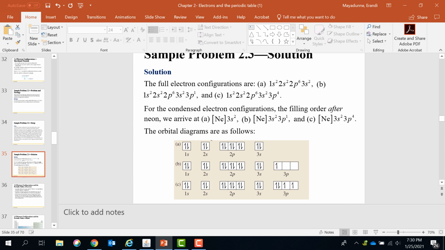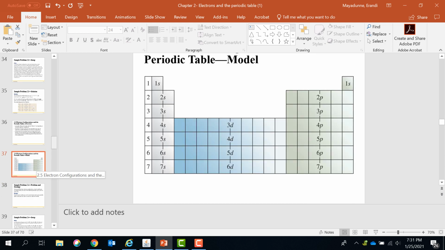This method is very useful in Gen Chem 1 when we write electron configurations of species with lots of electrons, like D block and F block. You can always practice this method, it's easy to write the electron configuration. And with that, we are moving to the periodic table, which is a very interesting topic. I love to do this with my students.